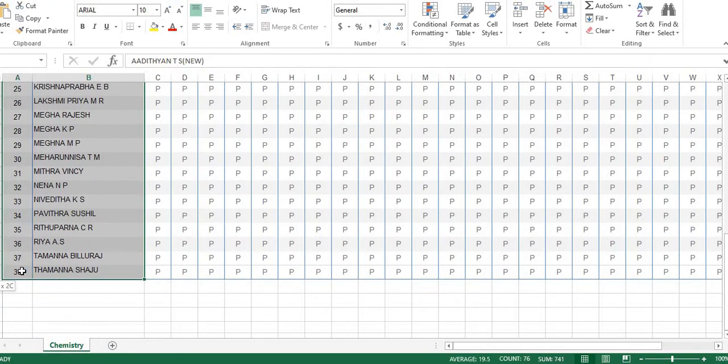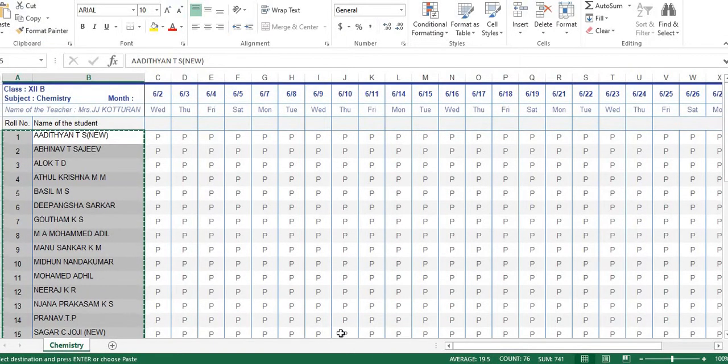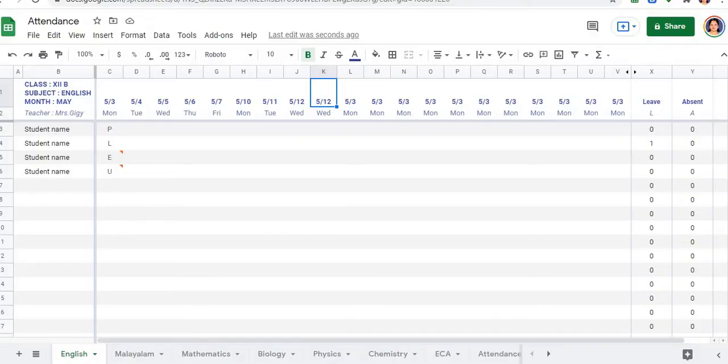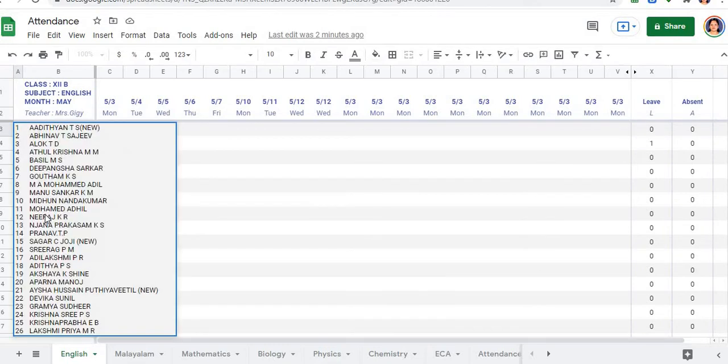You want the roll number, you also can scroll it towards the left and get this roll number. Then press right click, okay, copy it, then come back to your attendance sheet. Okay, so this time we'll be clicking at this particular spot because roll number has to come in this particular column A. Okay, and then I'm pressing it again, right click, okay, paste it.